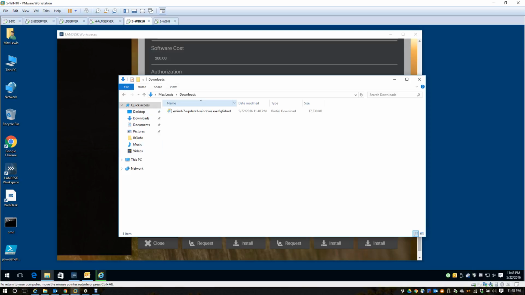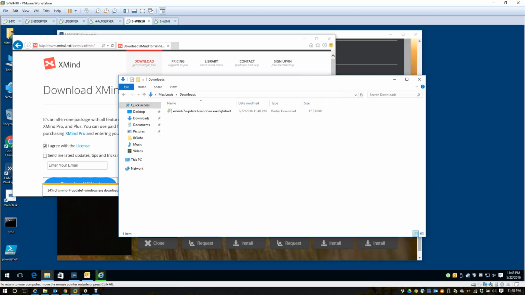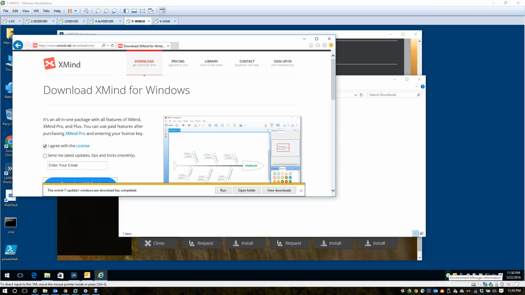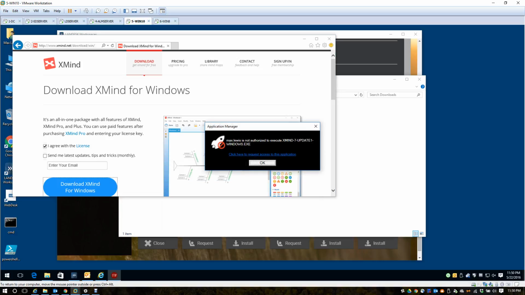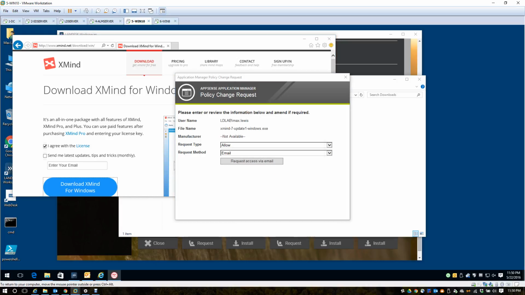In this particular demonstration, let's go out and let's download a product that they used before called Xmind. As I start that download and start bringing the software down to the system, again, because of trusted ownership, that application will not be allowed to be run. So in normal fashion, he would click Run. Let's try to go ahead and install the application and again get a denial. But by going through the same process as we saw with CMD,